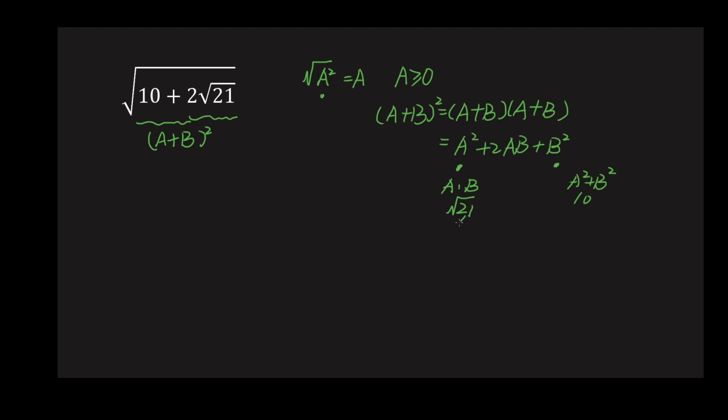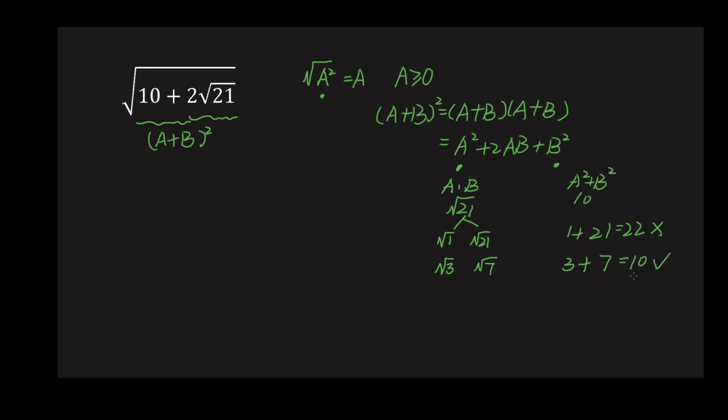Let's split it into two parts. Square root 1, square root 21. This squared is 1. This squared is 21. 1 plus 21 is 22. It's not the right answer. And square root 3, square root 7. This squared is 3, and this squared is 7. 3 plus 7 is 10. This is the right answer.